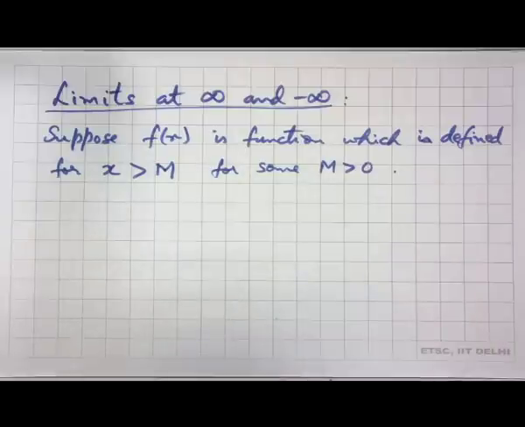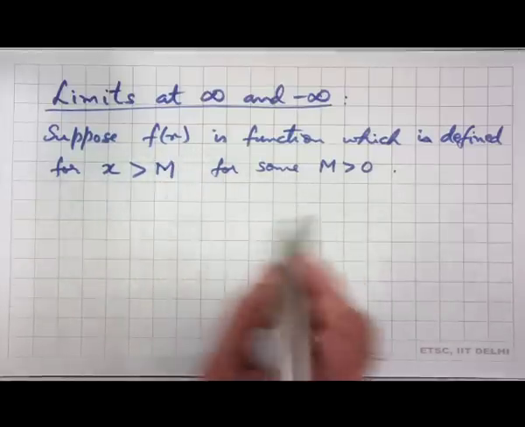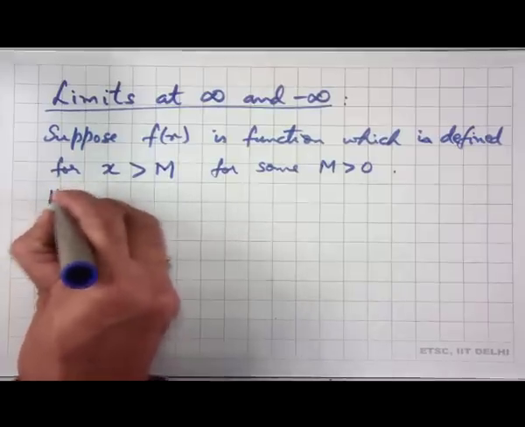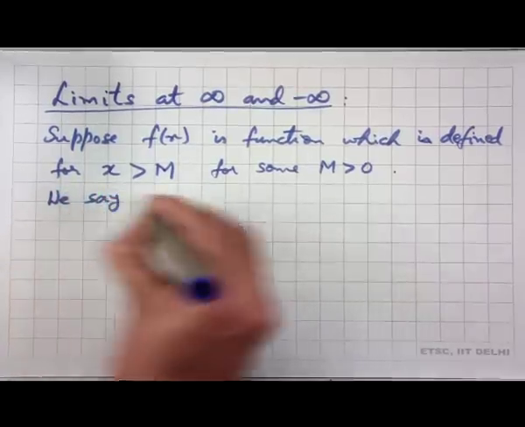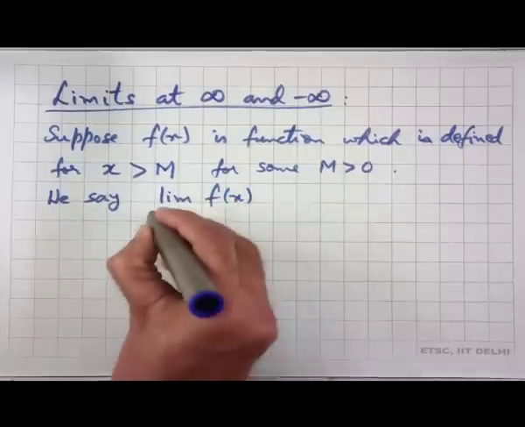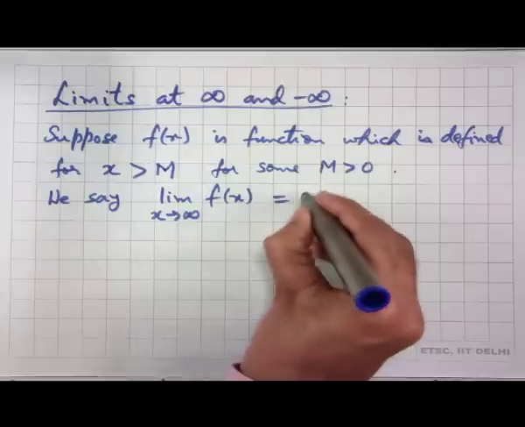If it is defined for all x bigger than m, then we can talk about the limit of f of x at infinity. So, we say the limit of f of x as x approaches infinity is equal to L